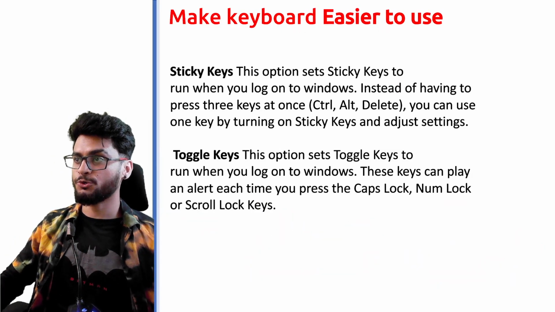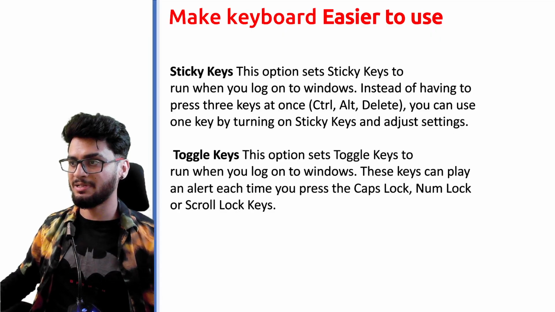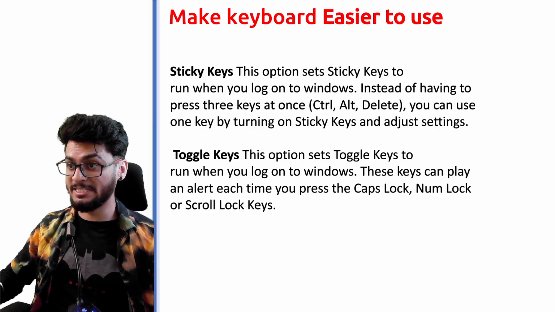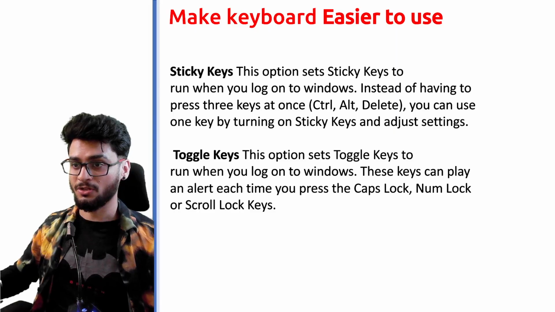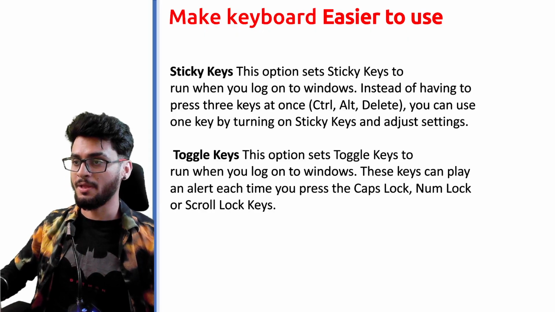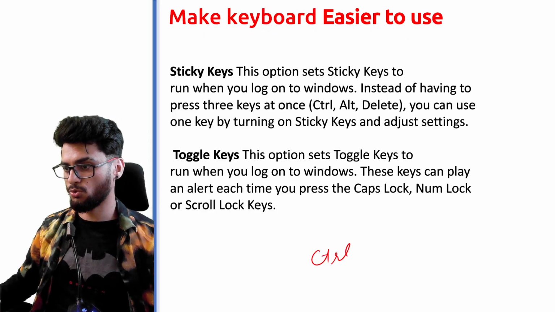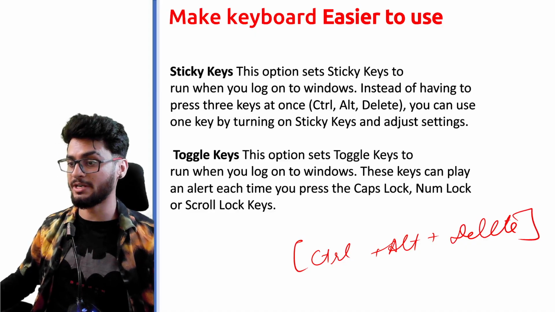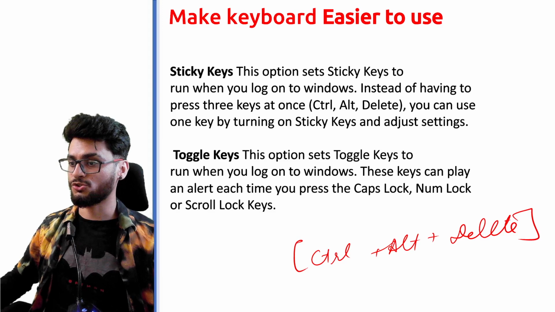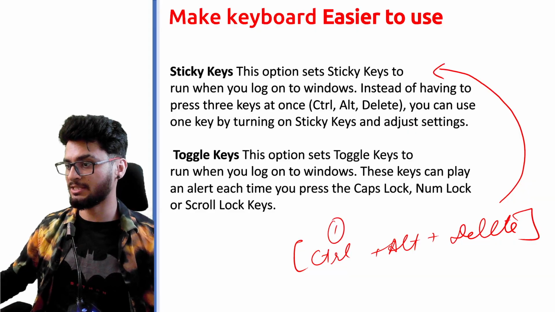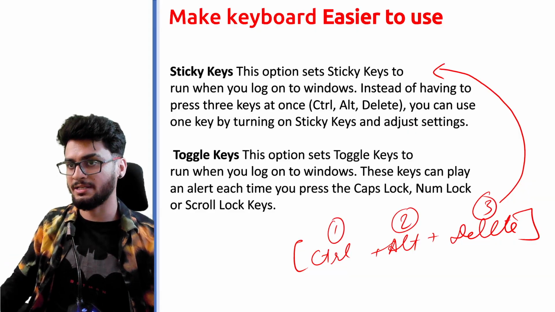Making keyboard easier to use. Sometimes people have some disabilities which make them shiver a lot. तो जब वो लोग कीबोर्ड पे कीज प्रेस करते हैं तो मल्टीपल कीज प्रेस हो जाती हैं, और maybe sometimes you are not able to use both your hands, या फिर आपके जो बटन्स है for example Control plus Alt plus Delete. Now this opens your task manager, but sometimes people are not able to press all these buttons together. So in order to remove this, आप एक one by one करके भी press कर सकते हो like 1, 2 and 3. To enable this there is an option of sticky keys,